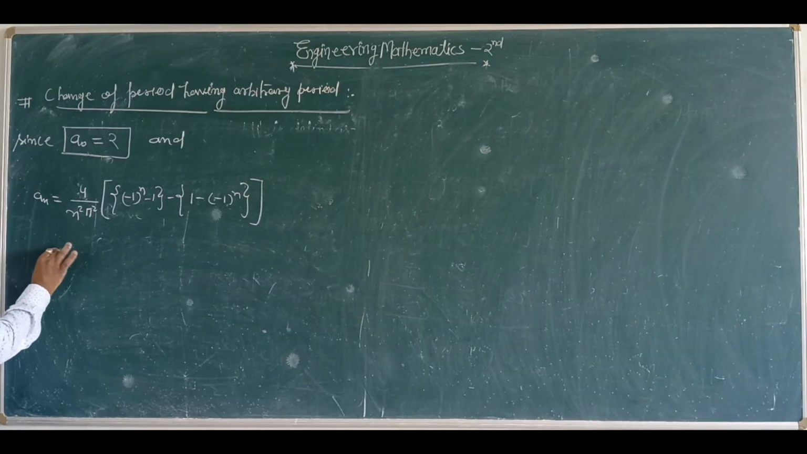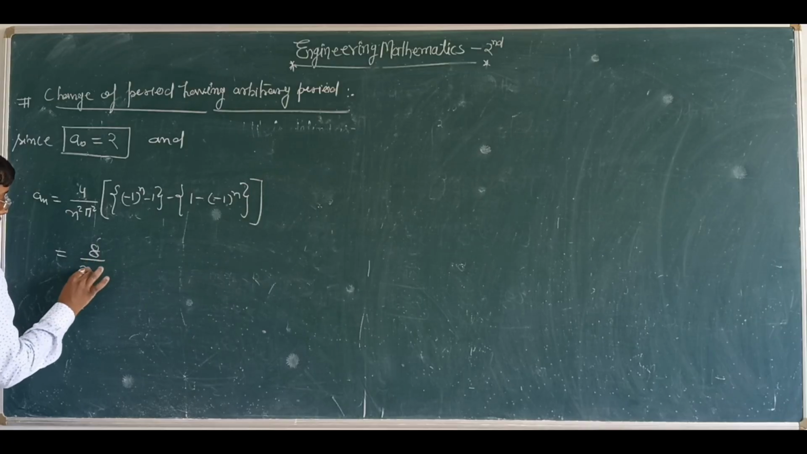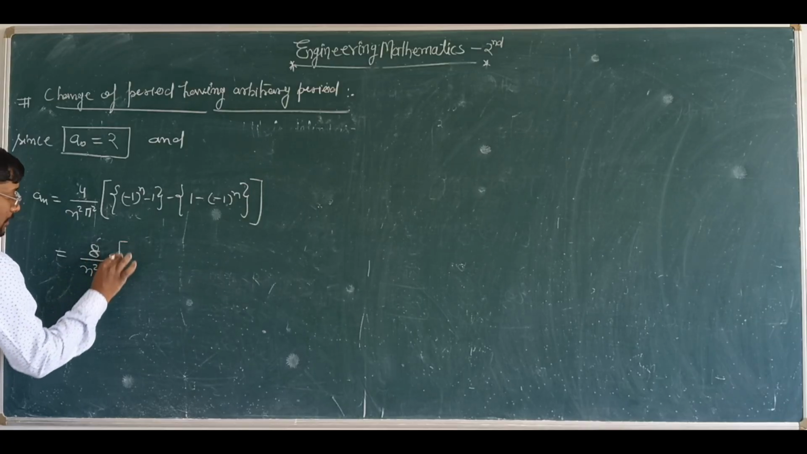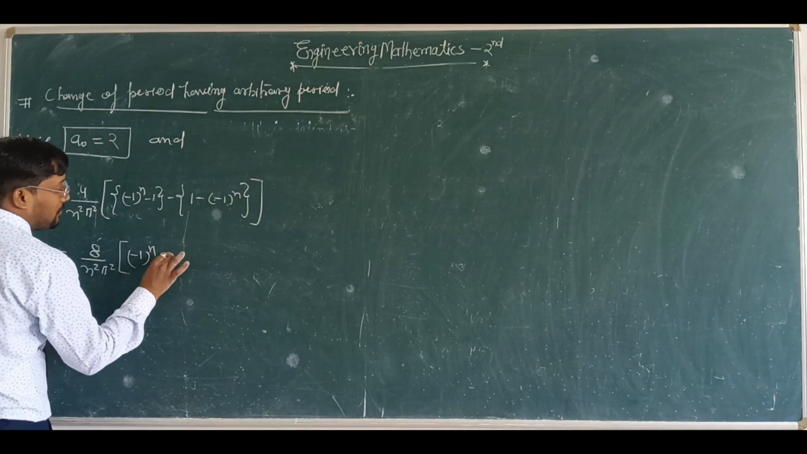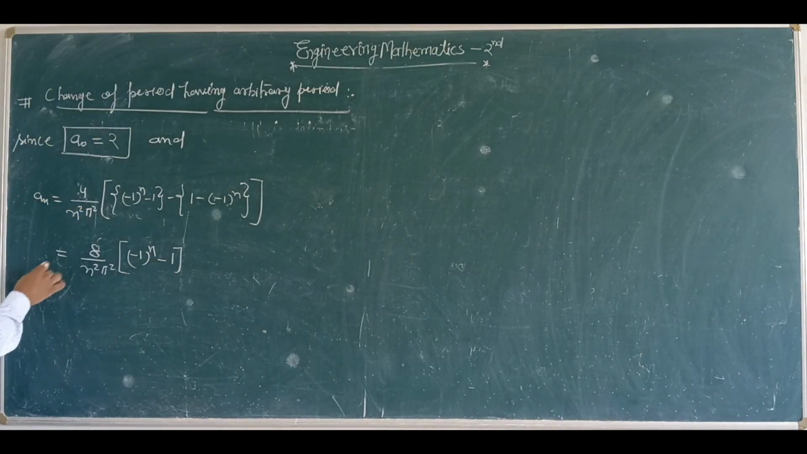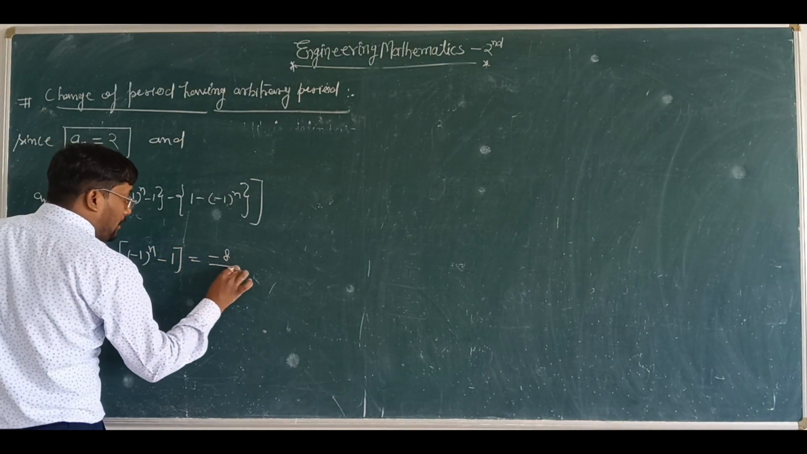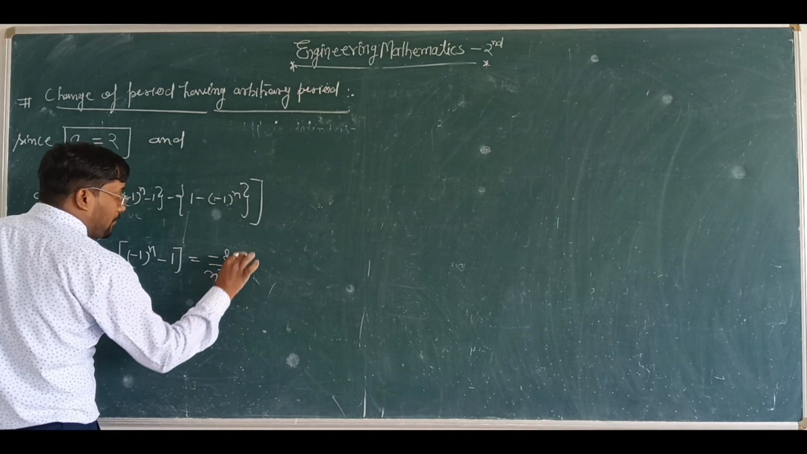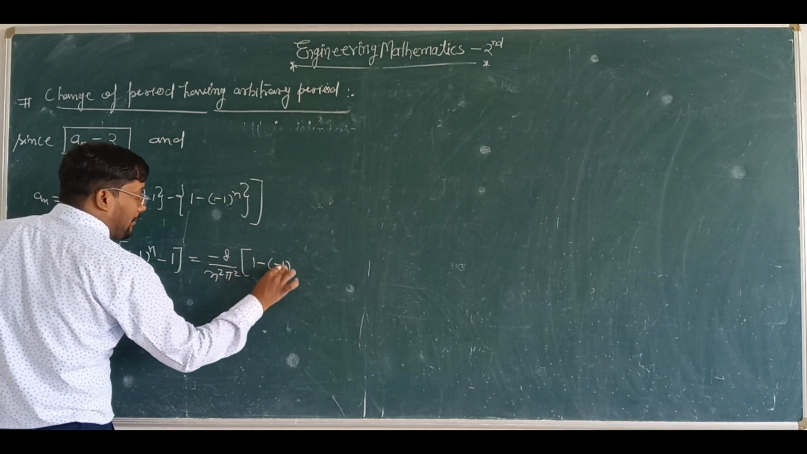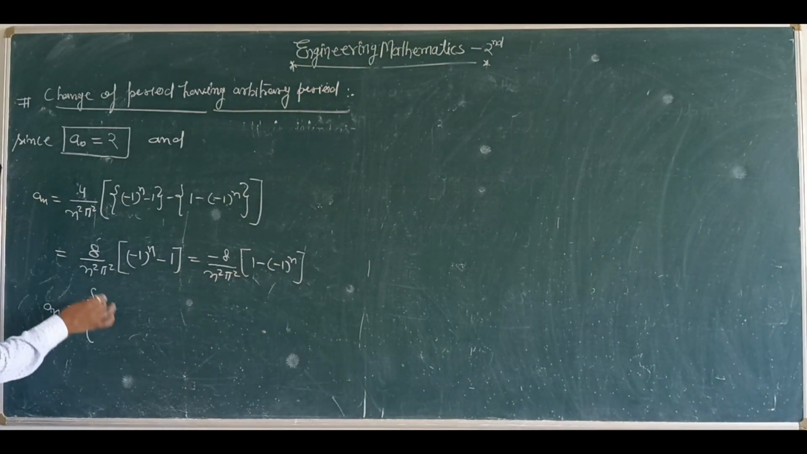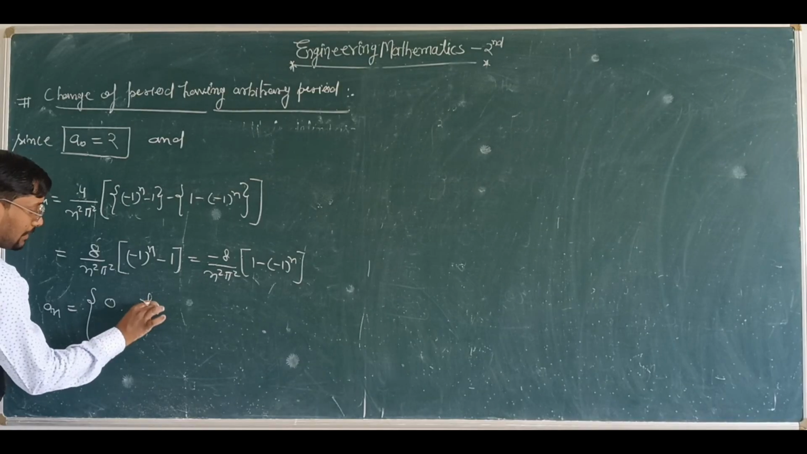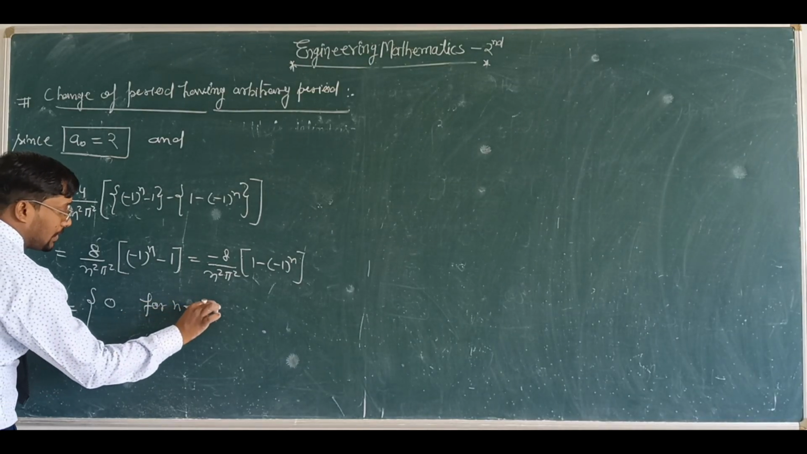Now you can write 8 upon n square pi square. Now you open this function. You can write minus 1 to the power n minus 1, or you can say minus 8 upon n square pi square 1 minus 1 to the power n, or you can say an is equal to, for n is even, the value is 0. For n is even,